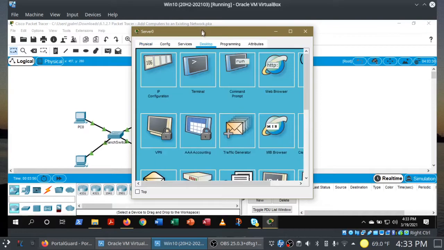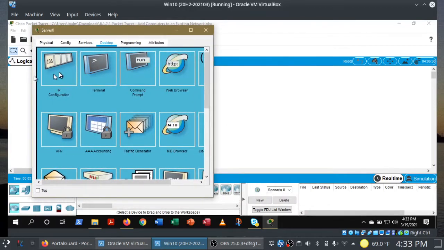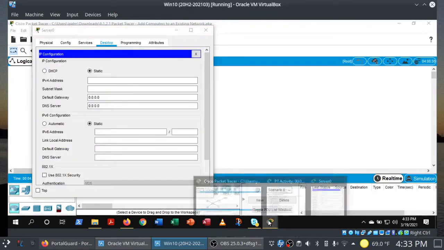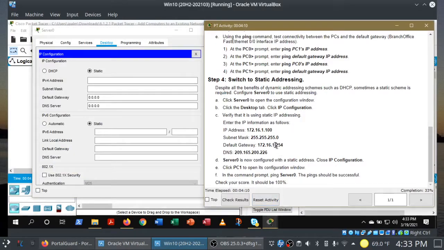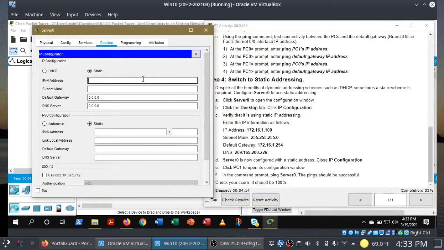Again, go to the desktop tab and go to IP configuration. Now, in the instructions, they actually tell us what we need to enter here. Okay, so the IP address of the server is 172.16.1.100. Now, the reason why we're using a static IP address is because if we have a server on the